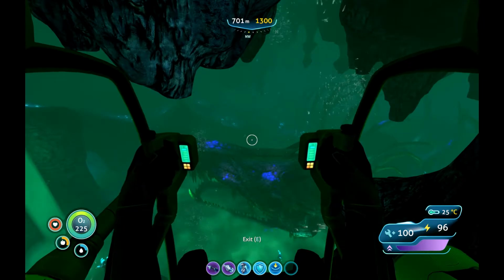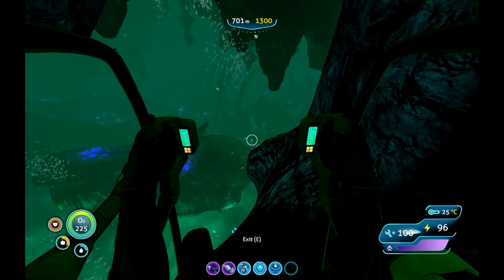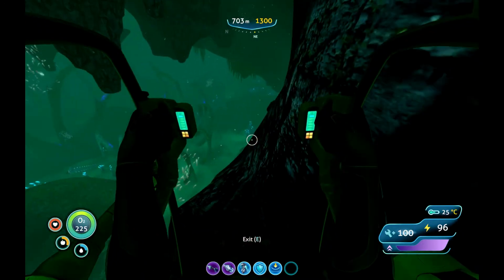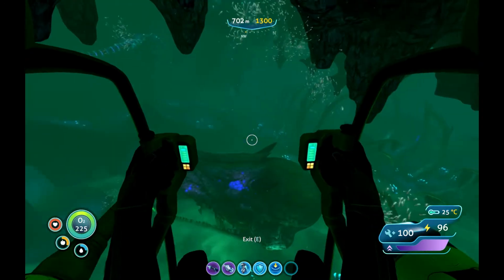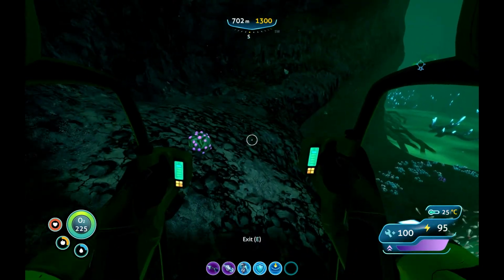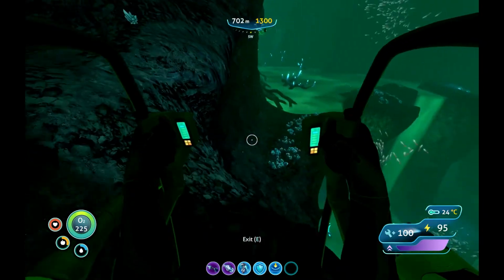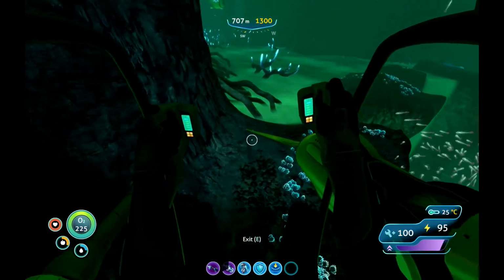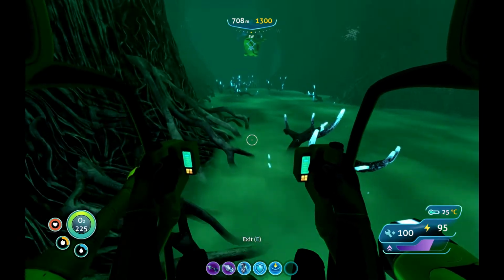All right, so I figure it looks like he's forgotten about us. He doesn't seem to be coming after me in the rocks. See how these overhanging rocks here? I normally drive the Cyclops underneath that to get past him. And he normally doesn't bother you because you're kind of on the edge of his area, but he's roamed into the hallway, so I'll just make my way back to the sub here and